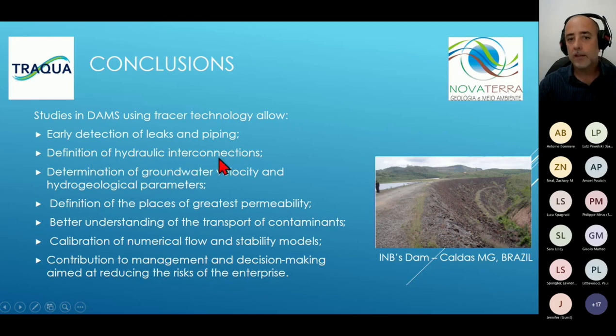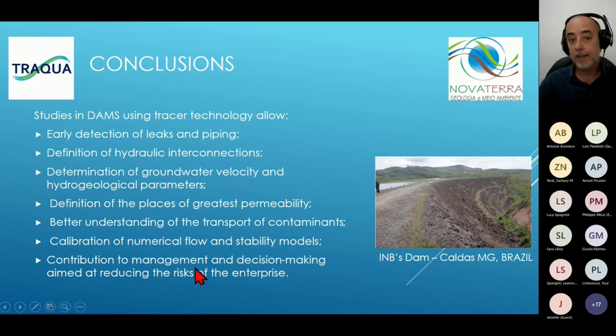definition of hydraulic connections inside the dams and in the natural terrain, and determination of groundwater velocity and some hydrogeological parameters, definition of the place of the grid tests for permeability, better understanding of the transport of the contaminants, calibration of numerical models,